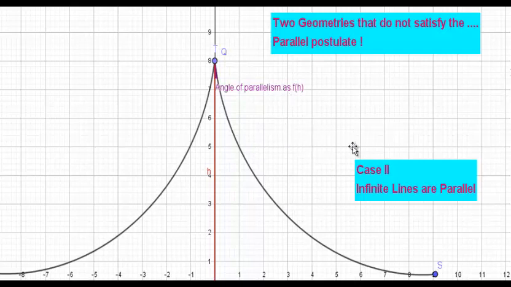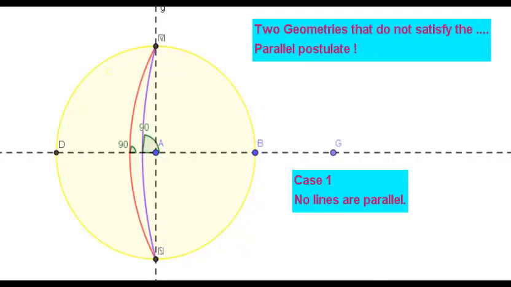You will have all the lines which are parallel to the given line in this portion, and these lines will never meet, and in the other part you will see the lines which can meet. All the curves that I'm drawing in this portion, they will meet the given line. This is the ideology of angle of parallelism.